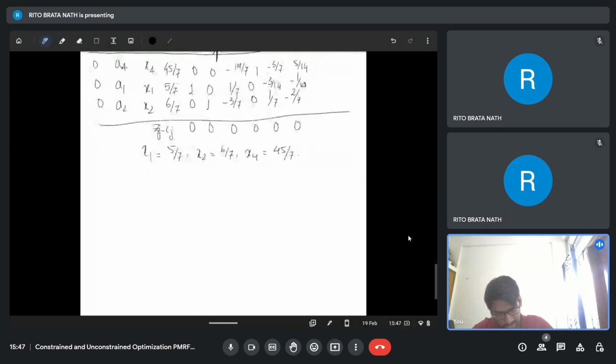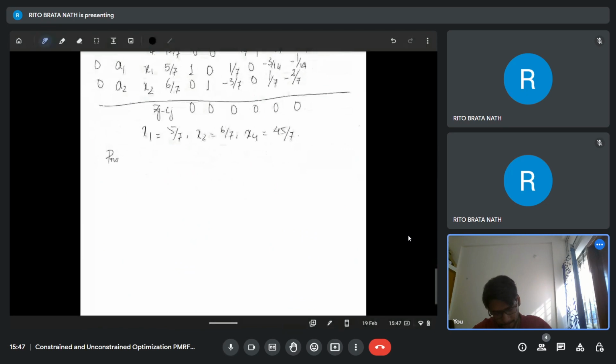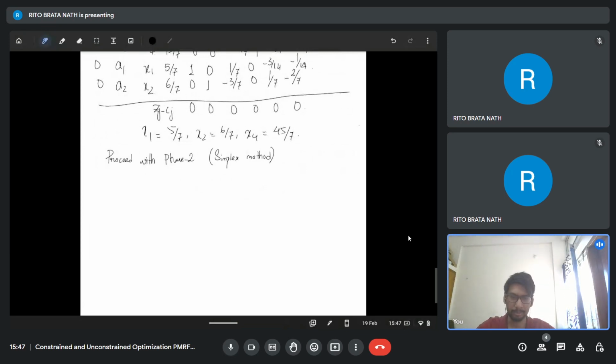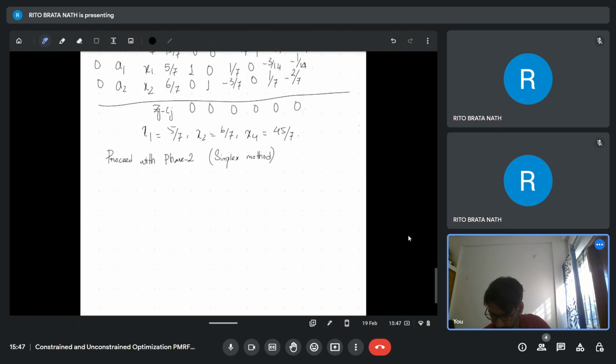And now perform the normal simplex table. So proceed with, say, the phase 2, which is the simplex method. So it's now starting with this solution. You can just complete the entire thing, right? So I'm not going into the detail, but that's all about the fifth problem, and where you will notice that once you solve it, you will have